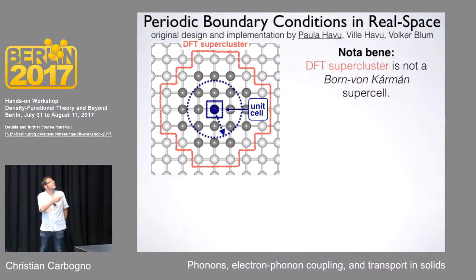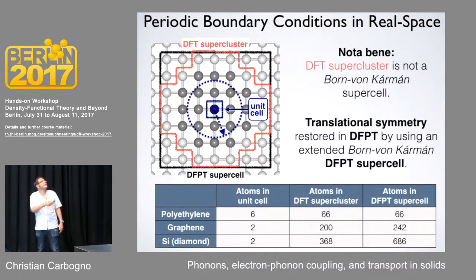But you see, this is then the supercluster that is accounted for, but you have all properties now in real space. You can even increase it to make really a supercell that has Born-von Karman boundary conditions. And if you compute everything there at once, you get all couplings of all electrons and all nuclei with each other in this extended cell.